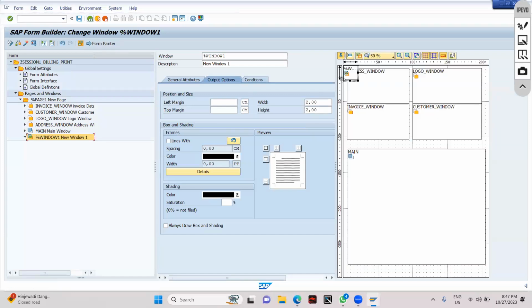One window might have been created over here. Can you see this window coming? Where you want to write that part, whether it's original or duplicate, where you want to write that part in your smart form. I think we have some space over here, so we will utilize this, and then we will use this much. If you want to print something in your smart forms,